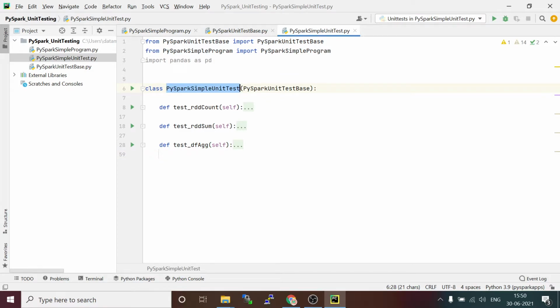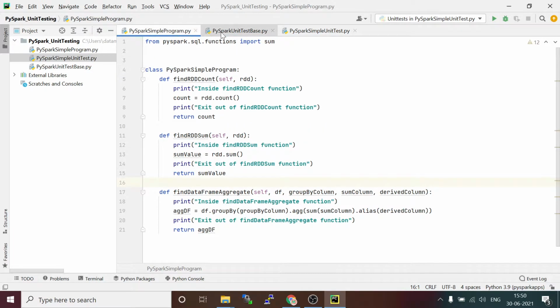So I'm going to create this unit test class, and it is going to inherit from the base class which I wrote. You need to import the classes defined in the base class as well as the program.